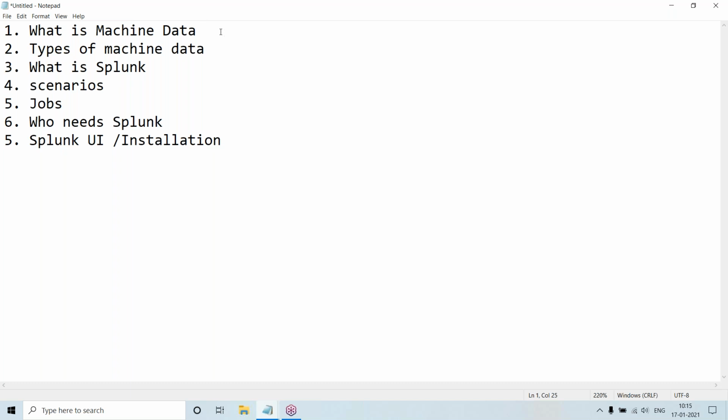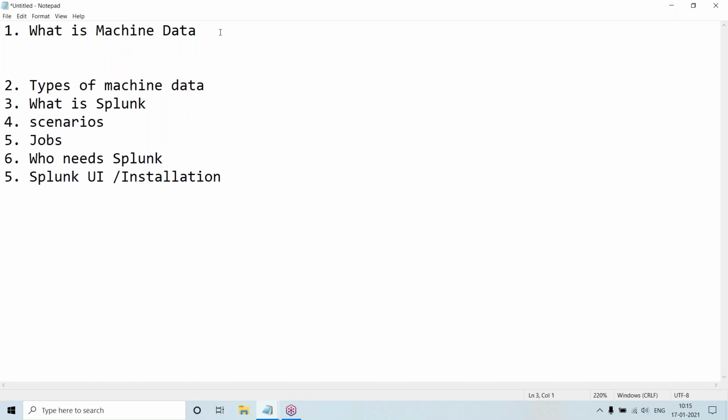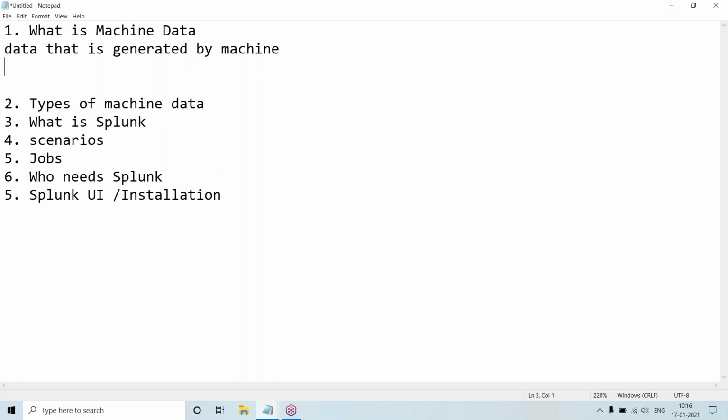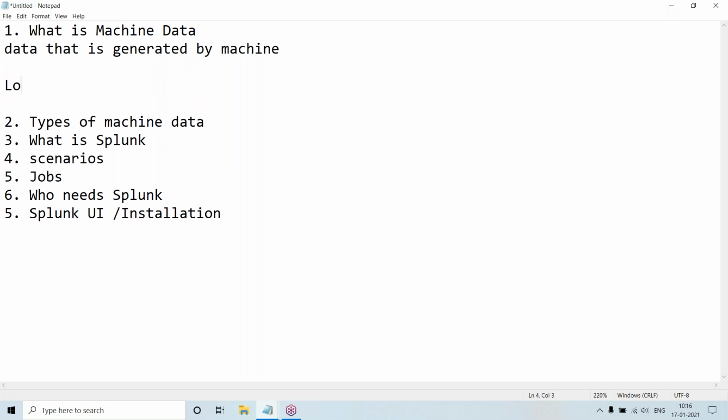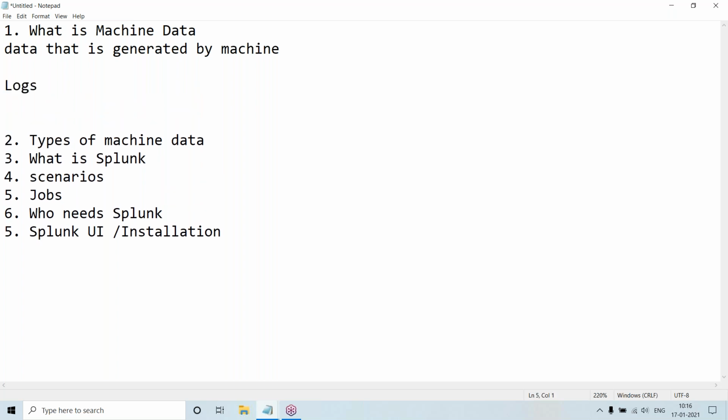So machine data is the data that is generated by machines. What can the machine data be? It can be logs, or it can be something else, depending upon the component.